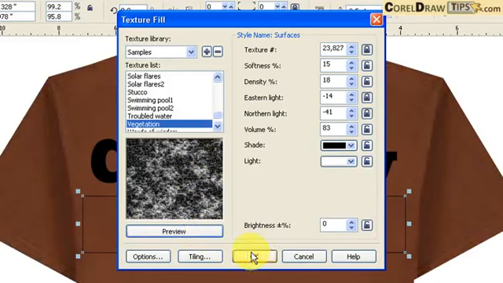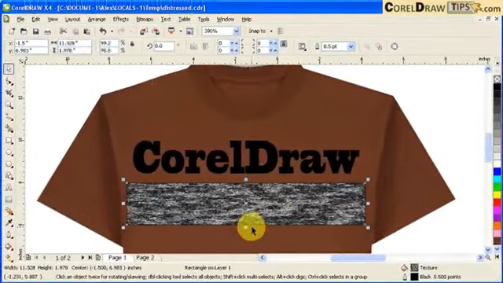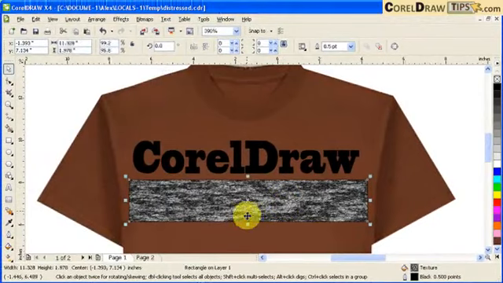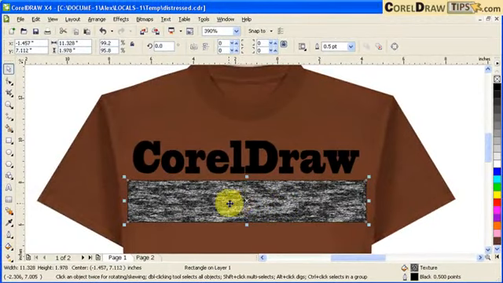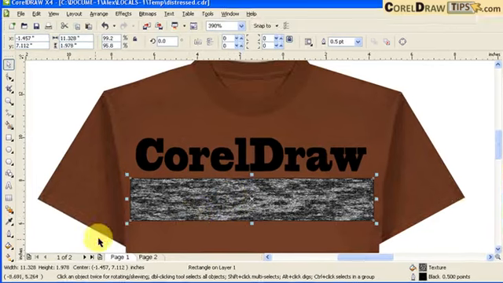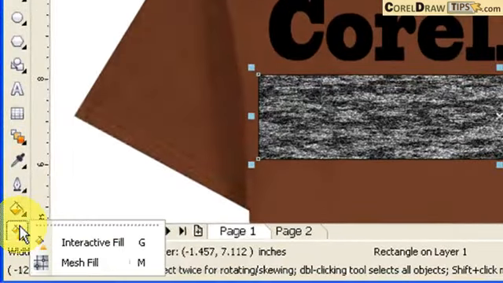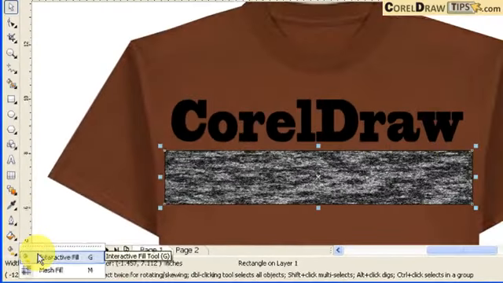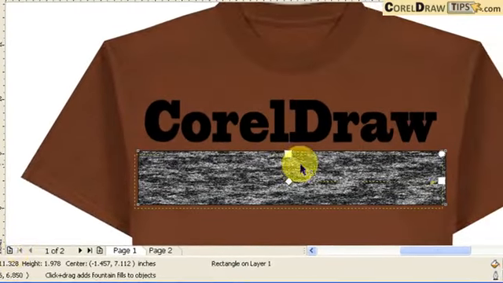That texture is really good for distress text. Okay. So then I'll click OK. So that's my texture. Now if you want to change the texture, or you want to change the property of the texture, you can always go to your interactive fill or type in G, and once you click on that,